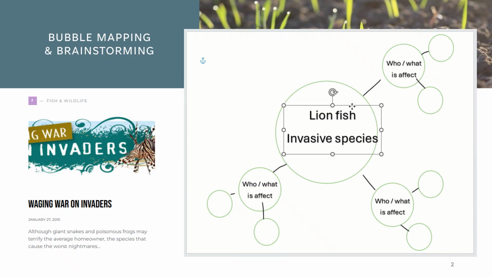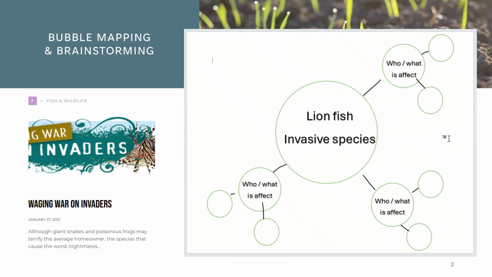And so any kind of invasive species is going to be working on eliminating some other aspect of the food chain. We are considering how it's affecting ecosystem balance, things like that. So that's the kind of stuff that we're going to look into here in these medium bubbles. So for lionfish, I'm going to go ahead and add local